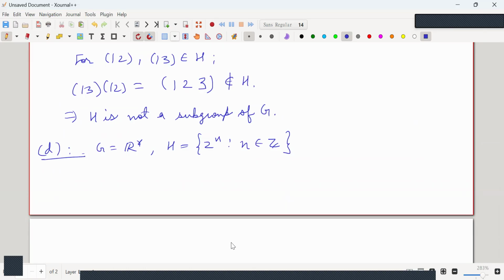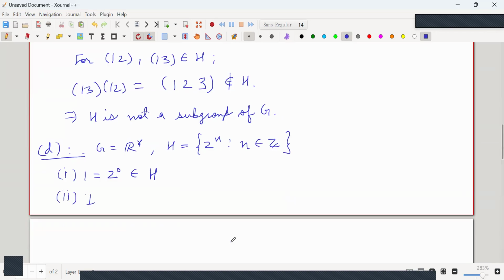So is the identity there? Yes, sir. Why? So 1 belongs to H since 2 to the power 0 is 1. Yes. So this is inside H. What about